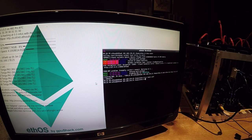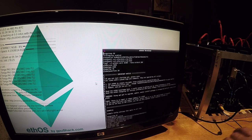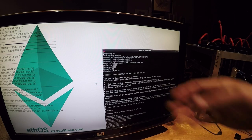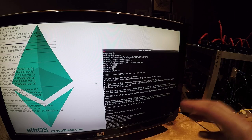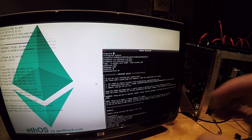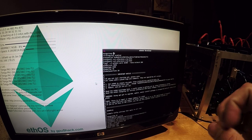You go to the vi local.conf, and it will give you here addresses, and you can change your max GPU temperature, which will mean when your GPUs reach that temperature, your rig will shut down. It's I think a good option,